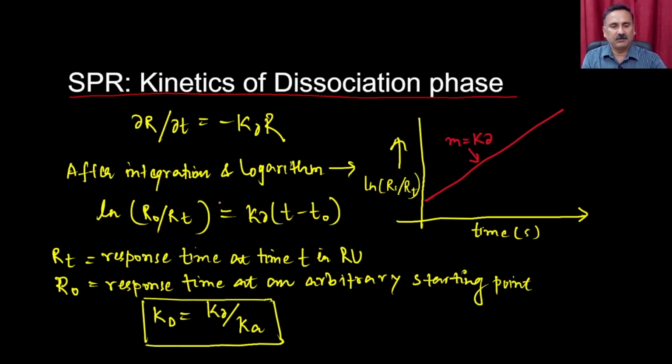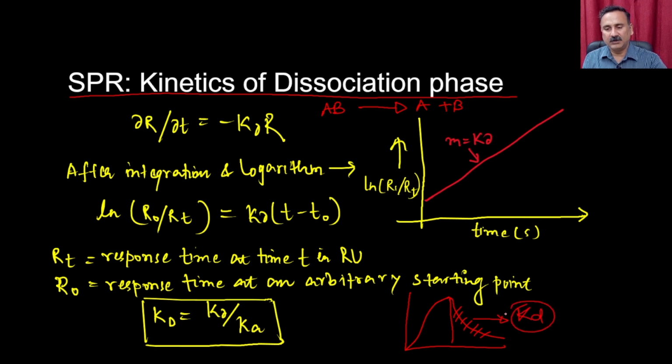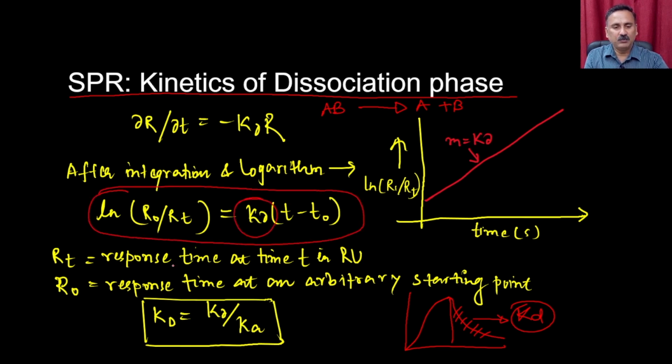So the kinetics of the dissociation phase is where you are actually going to monitor AB giving rise to A plus B. And if you recall from the pattern or the sensogram, it is actually like this, right? And then it goes like this. So this is the phase which you are going to use for calculating the dissociation kinetics or the equilibrium kinetics. So here we can use this particular equation, and you will be able to calculate the KD values, where